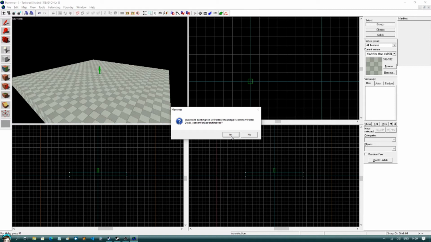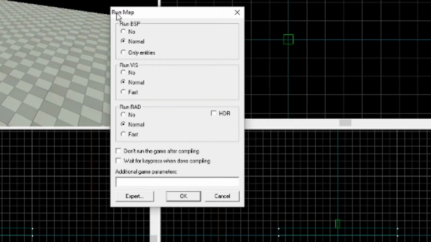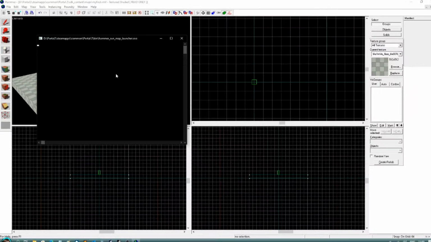You can call it whatever you like, but make sure it doesn't have any spaces, because Valve doesn't like spaces. I don't know why, but just don't put any spaces. Put underscores, put hyphens, but no spaces. Anyway, you should get this panel right here, which is the Run Map window. Now, if we press OK,